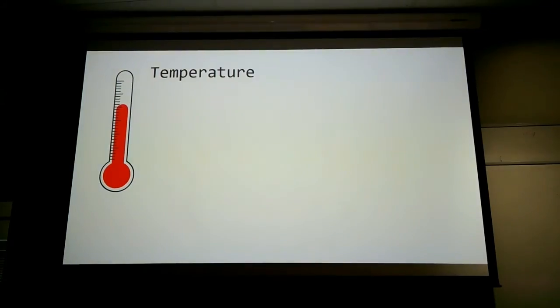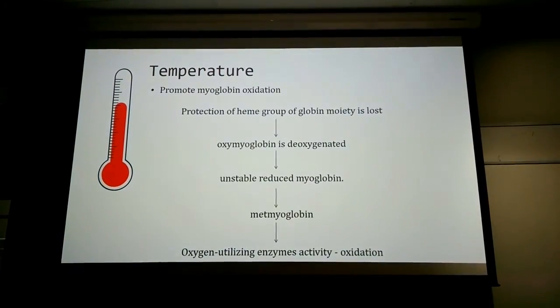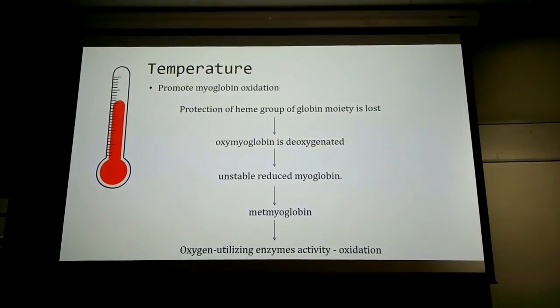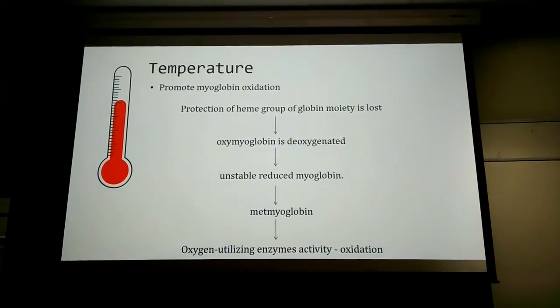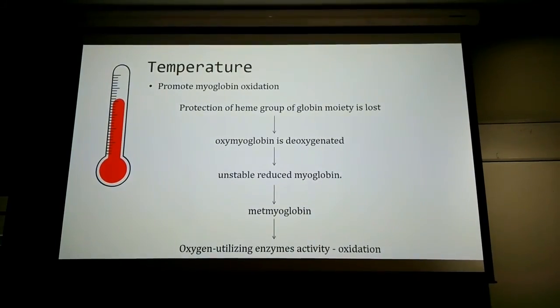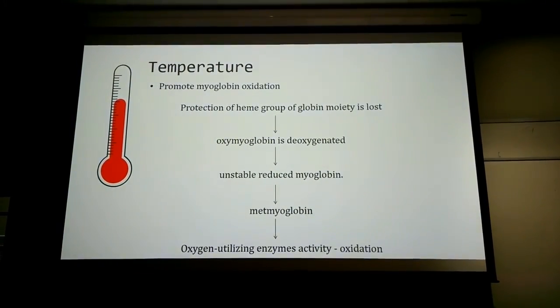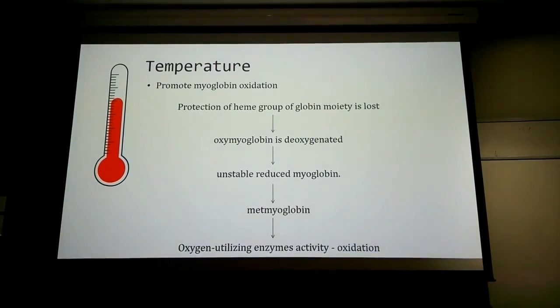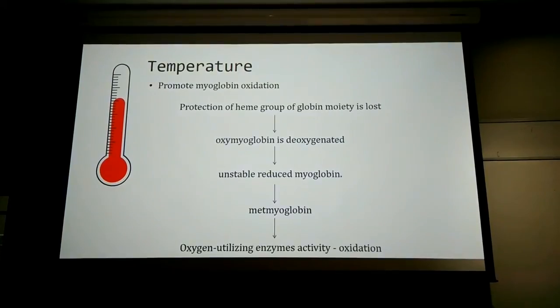High temperature promotes myoglobin oxidation. At high temperature, the function responsible for protection of the heme group of the globin moiety is lost. As a result, oxymyoglobin is deoxygenated to unstable reduced myoglobin. As the myoglobin is very unstable and the heme protein is relatively unprotected, oxidation occurs spontaneously to metmyoglobin. Oxygen utilizing enzyme activity present in the muscle actually brings about the oxidation. Therefore, as the temperature increases, activity of this enzyme